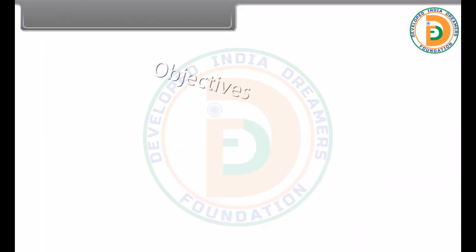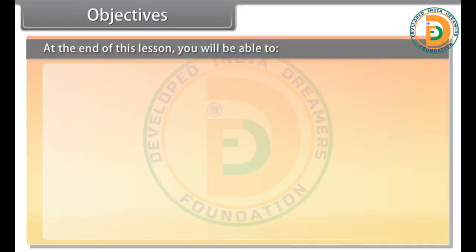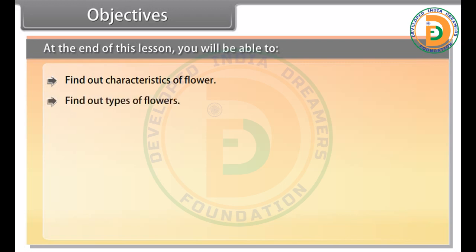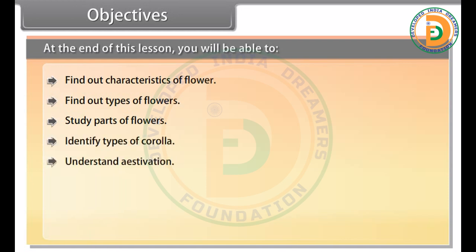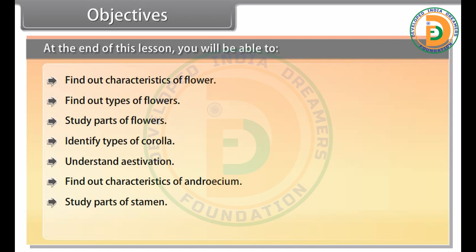Objectives. At the end of this lesson, you'll be able to find out characteristics of flower, find out types of flowers, study parts of flowers, identify types of corolla, understand estivation, find out characteristics of androecium, study parts of stamen,